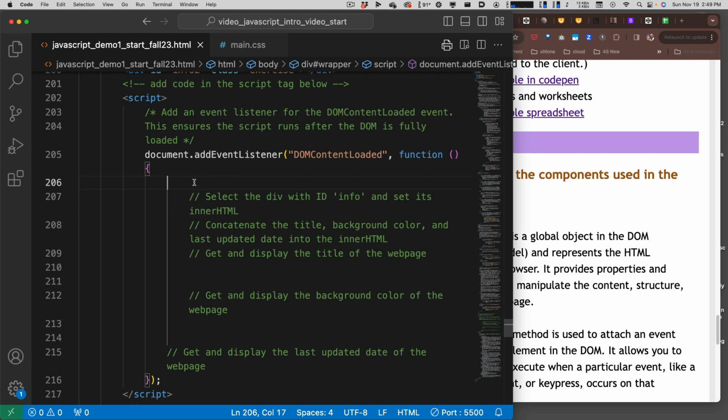Okay, so just go down to the next line, the blank one that says we're going to select a div with the ID info and set its inner HTML, which is basically its contents. And then we're going to display the title, the background color, and the day this page was last updated. So how are we going to do that? So let's go ahead and say